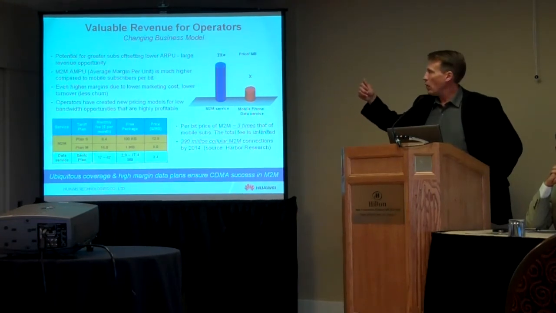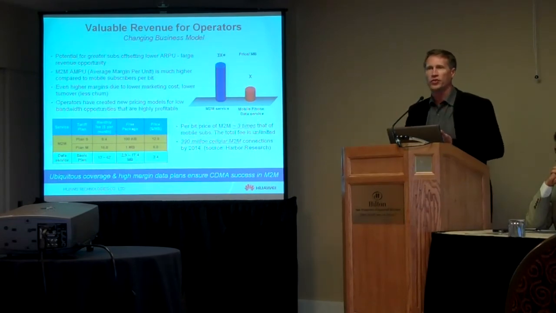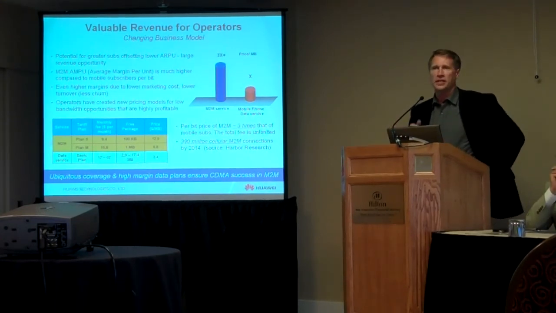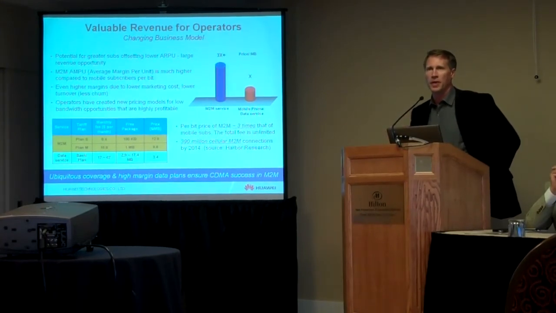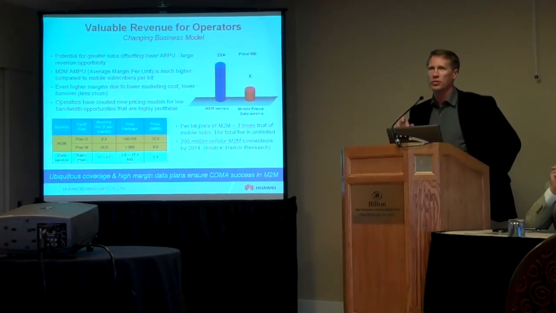Just like in the past, when data first started, it started with short message service. Everybody sending text, they were getting initially 10 cents, now 20 cents to send a text message. This is where the money is. It's not in the high bandwidth solutions. The reason we're delivering high bandwidth solutions is simply to meet the market demand. But where the money is, is in the low bandwidth solutions. And what we found is a lot of our potential customers in the machine-to-machine market are still focusing on those 2G, 3G